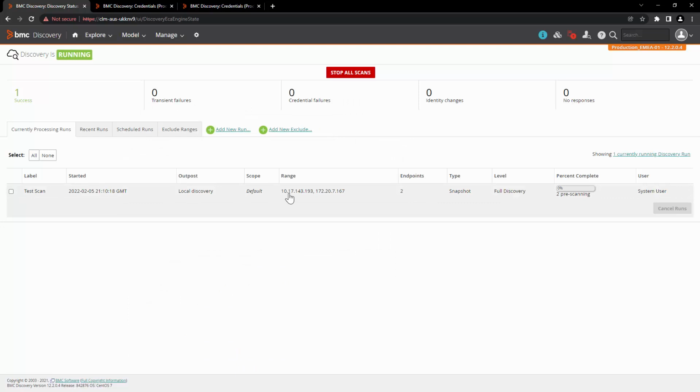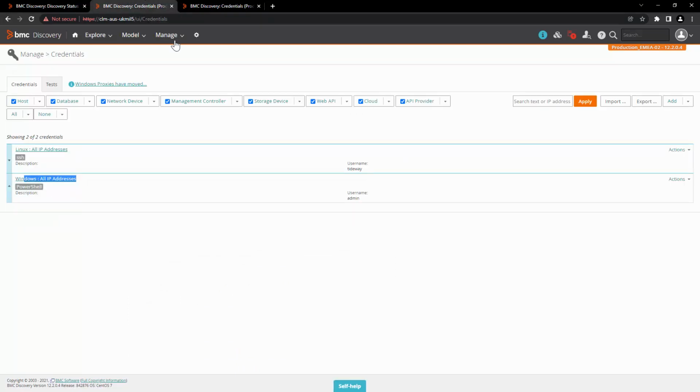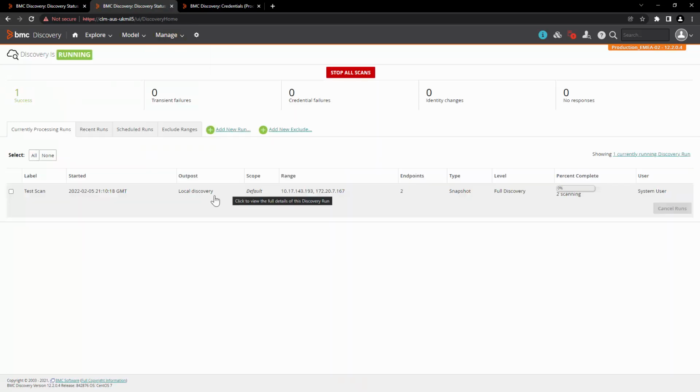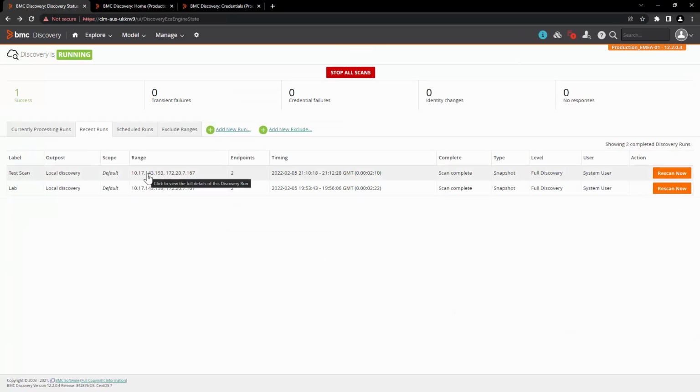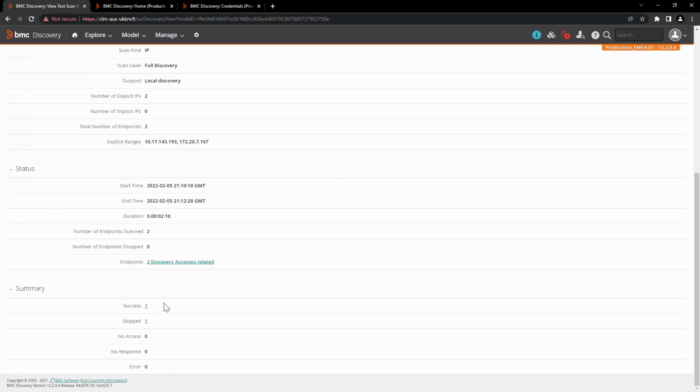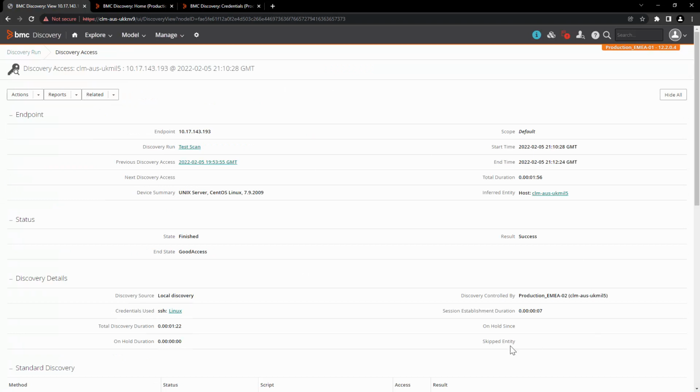As you can see, the discovery run can be seen over here. And let's go to Manage and Discovery in another member. And you can see the same run over here as well. Once the scan is completed, let's click on the run. Click on the Successful Discovery Access. Here you can see that the discovery run is completed and the discovery was performed by member number 2, called